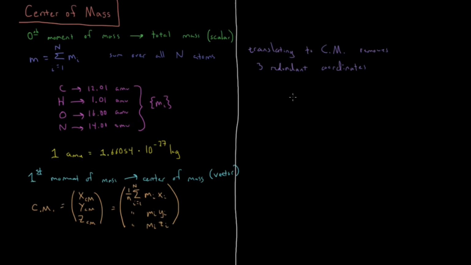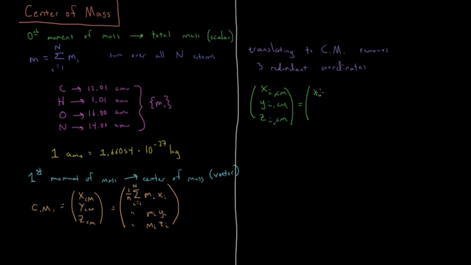And that's nice because if we want to do that, we can more easily compare whether or not two molecules or two structures are the same, or by how much they are similar or different. Okay, so in order to do that, we just have to translate all of the individual Cartesian coordinates of all the atoms. So for example, xi, if we translate to the center of mass for atom I, yi, zi. So the xyz coordinates for a given atom I, once we translate to the center of mass, is equal